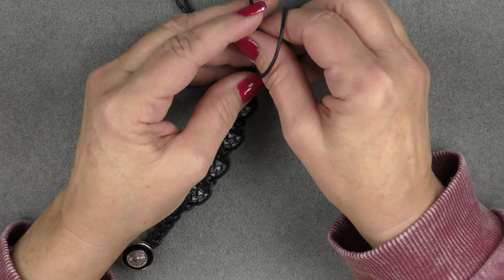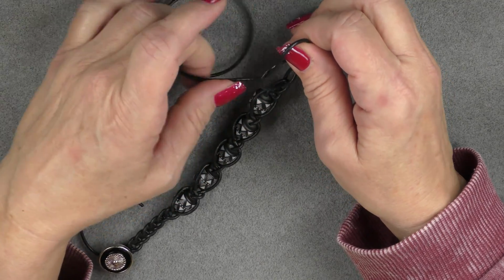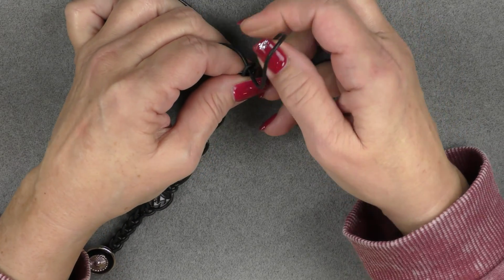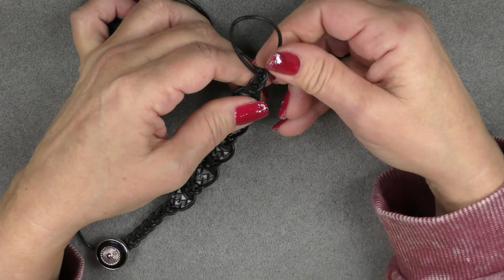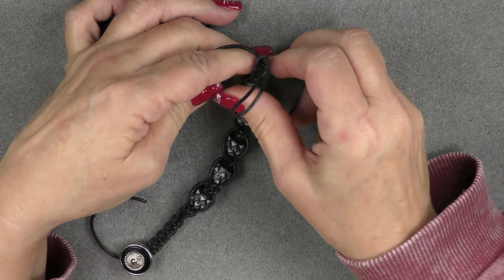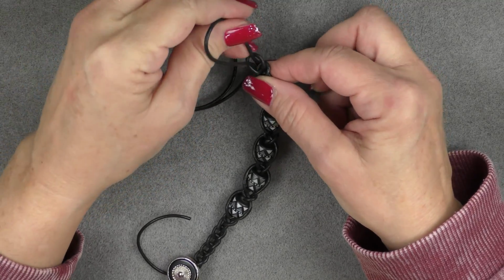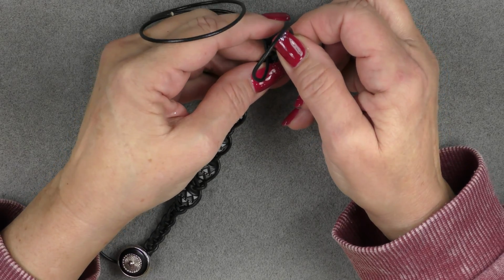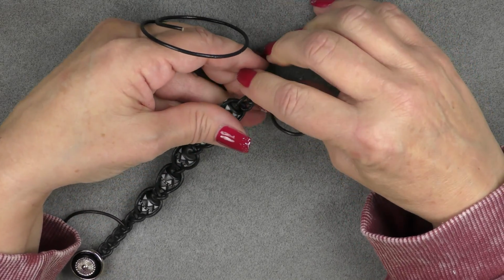So I have 2, and then I'm going to go through and pull another one through. Keep my leather neat here. And pull my right side and then straighten it up and get it consistent with the previous knot. The previous knot is a little bit too big, so I can pull on the right side of my new knot and then pull on this one that I've just created and just get them as neat as I can,